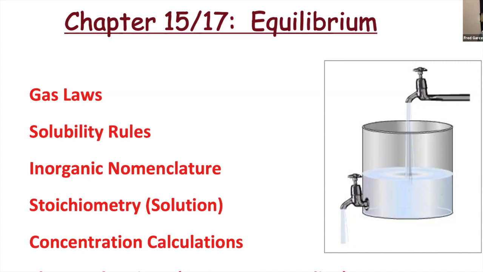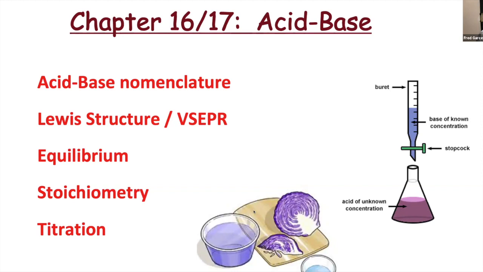You certainly need to know about stoichiometry, concentration calculations. You can see again how important knowing how to calculate concentrations is. And then, of course, thermochemistry. Acid-base chemistry, now we're looking at specific chemicals, ones that have hydrogens to donate and ones that can accept hydrogens. So you need to remember their Lewis structure. You need to know about valence shell electron pair repulsion, because you need to see how the structure correlates to which hydrogens are loosely held and which hydrogens are tightly held.